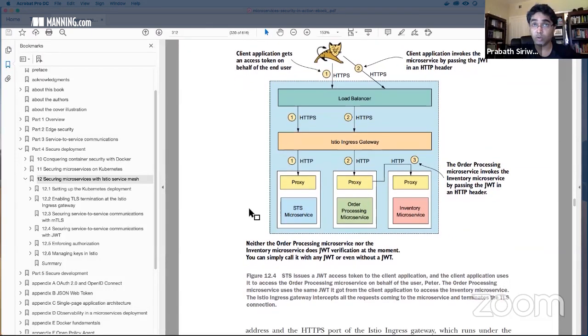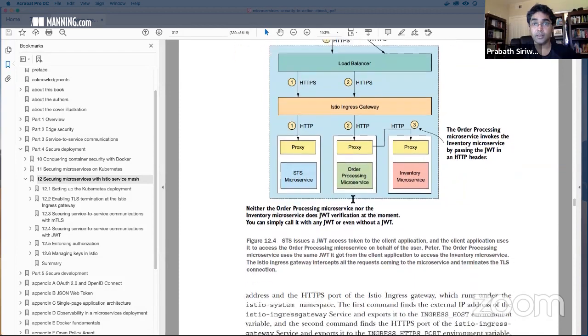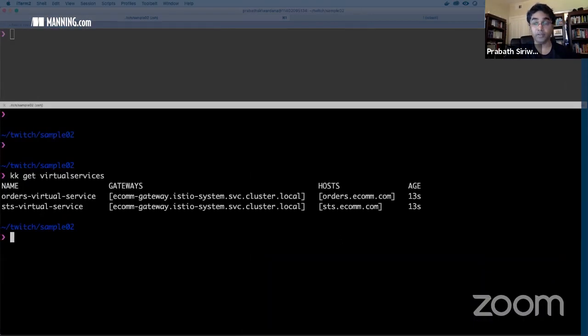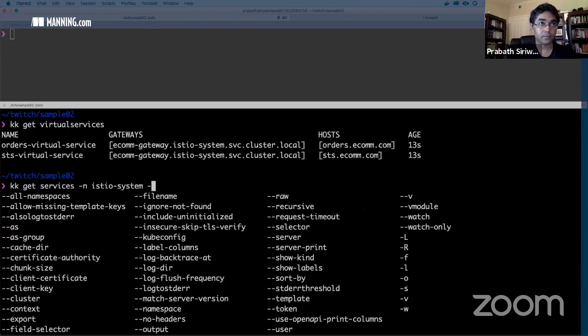And if you are using Istio 1.5, this communication will once again be enabled out of the box with mTLS support. Right? But if you are using a version prior to 1.5, if you don't make any changes, then this would be simply HTTP. Now let's try out the sample. So first I need to find out the node port of the Istio Ingress Gateway. To do that, let's discover services in the Istio system namespace.